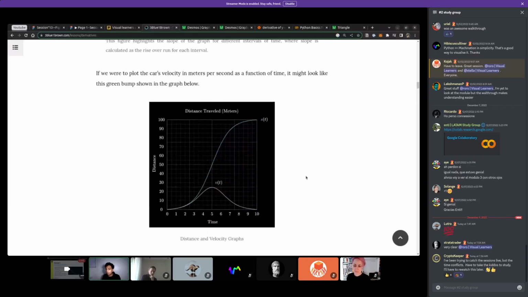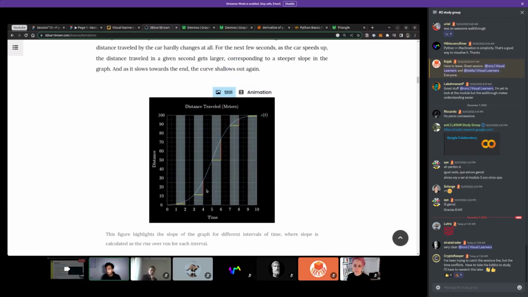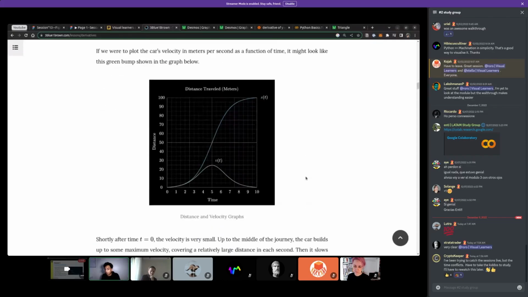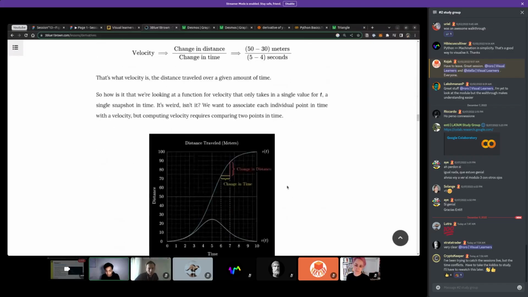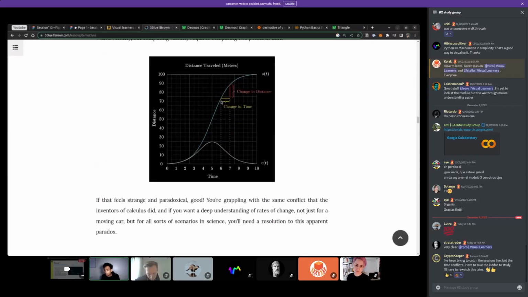And that's basically how we go about answering all these questions, because rate of change is very hard to define in specific moments. But what we can do is make the moment smaller and smaller and just assume that if the tiniest moment was to pass, how much distance would have been covered? And that basically gets us into what a derivative is, and this is the definition of a derivative. We're looking at change in distance and change in time, and if you make the change in time smaller and smaller, the amount of distance will get smaller too. But whatever number we approach is the actual slope at that curve.